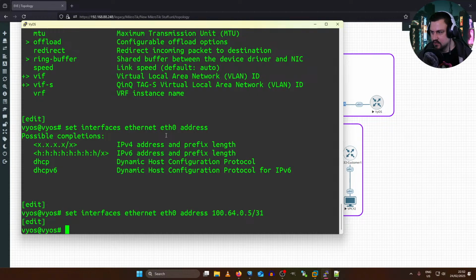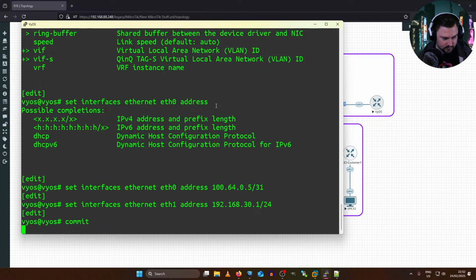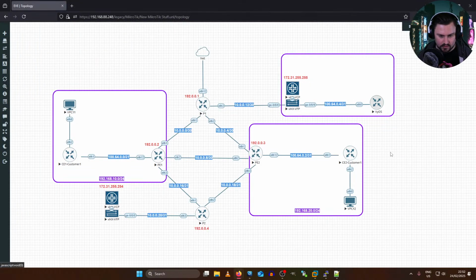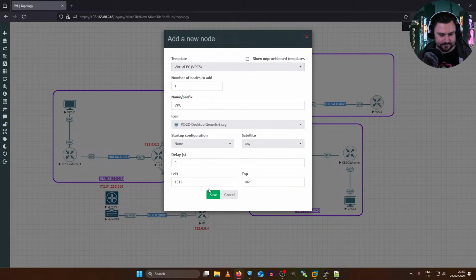And let me add an eth1 IP address as well. Let's maybe make that 192.168.30.1/24, because it just follows along with what our NAT subnets were. So if I commit that, it should take it. And let's add another virtual PC as well, VPC.